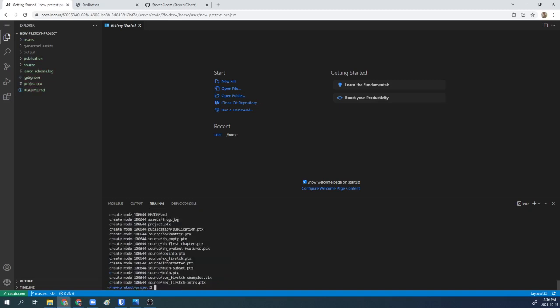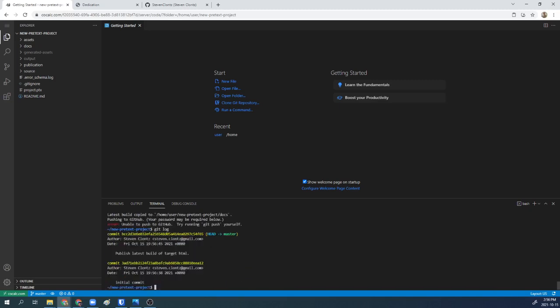Now if I go back to git commit -m initial commit, all right, it's done the create mode. So that's all well and good. I can try to PreTeXt publish again. Okay, and so it's a little bit less error-y. You'll see here that it was trying to prepare to publish. And if I go to git log, we can see here that I made this initial commit,